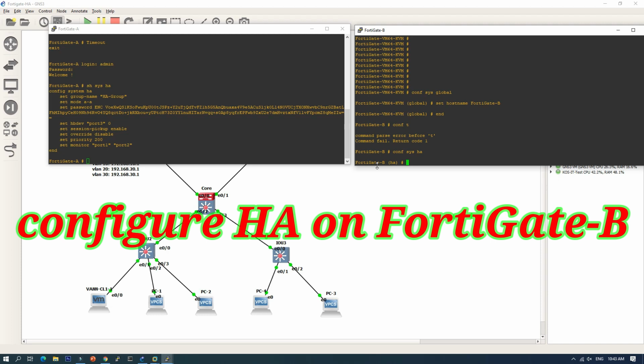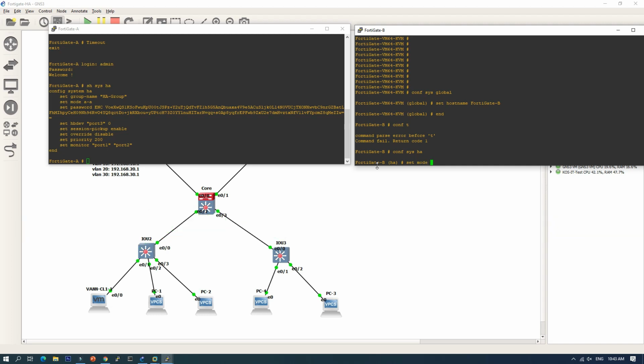And then we set mode to AA. Set group name to HA group.